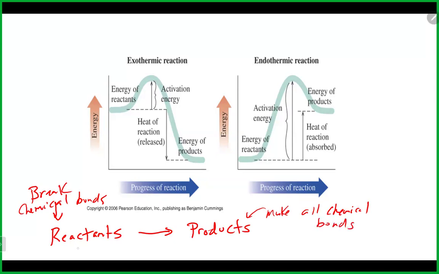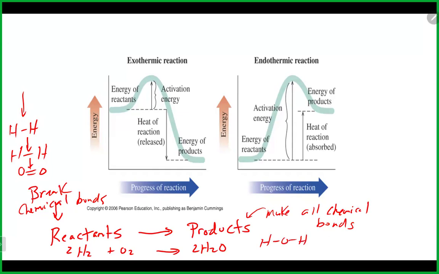So for example, we have some hydrogen plus some oxygen makes some water. Basically, as this reaction happens, the hydrogens are starting bonded to each other, the oxygens are bonded to each other. We got a couple more of these guys. We're going to break all these individual bonds here, and then they're going to reassemble on the product side as 2 waters. So here we'll have the hydrogens attached to the oxygens on the product side. So as a reaction proceeds,